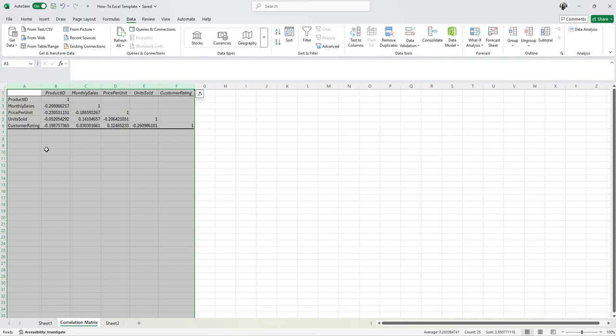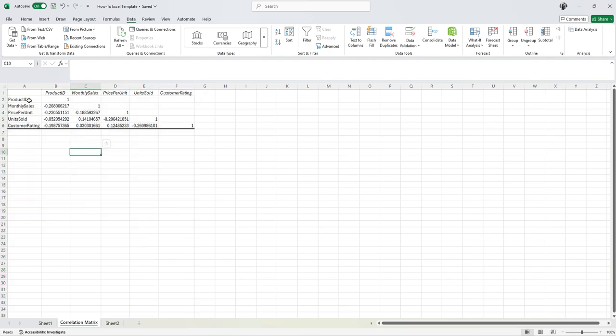Next, I want to find the best predictor variable for monthly sales. When looking for the best predictor variable, you want to find the highest absolute correlation, meaning the number closest to 1 or -1. In our case, we want to see which is the best positive predictor for